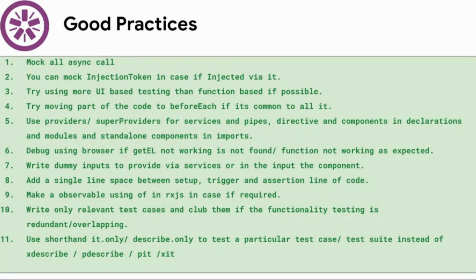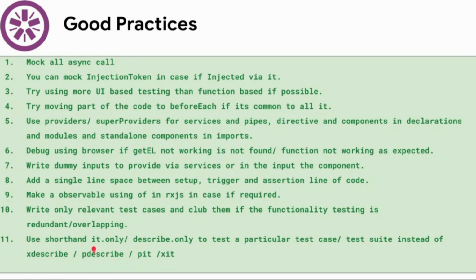Similarly, redundant means you are checking the same thing multiple times, the same piece of code for the same thing two times. Say you have two buttons. On the first button you click and check that matDialog should open. Then again you check on the second button, which calls the same function, that the function is called and the dialog is open. If both are calling the same function, then it is useless to write the test case again and again for the same function.